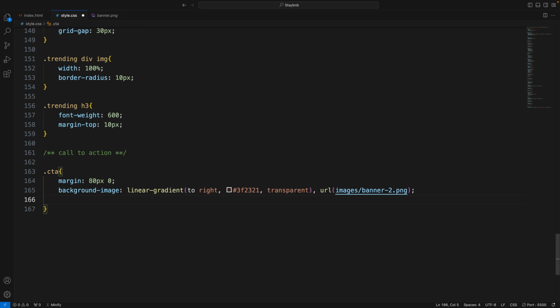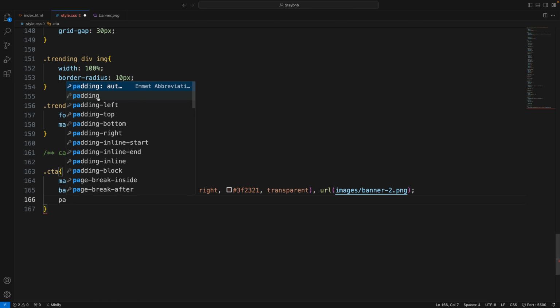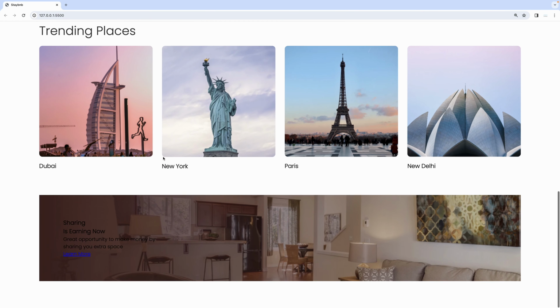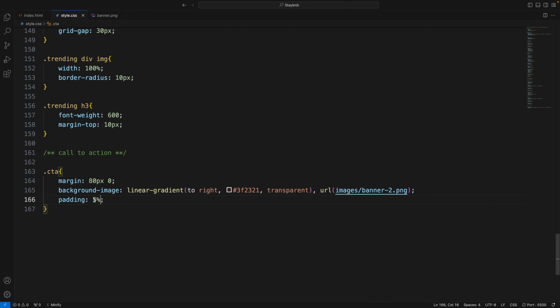Now, let's give it some padding so we can see it a little more. Padding, 5% on either side. Very good. Now we can see it. Okay, so now